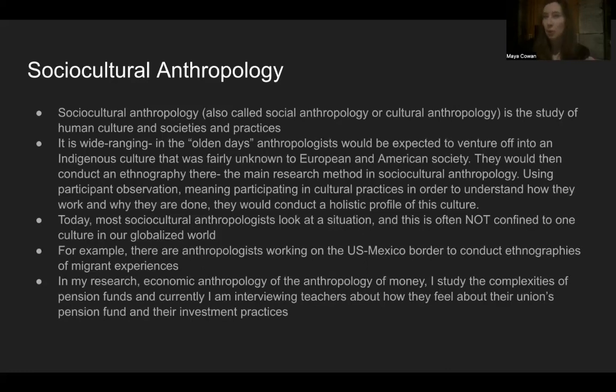You would look at all of these different components of culture: marriage, death, kinship, religion. You would find out about all of these things. You'd participate in all of them in order to get the best understanding that you could. And then you would go home and write a book about it. You'd write about all of these different parts of the culture and articulate them into a book, basically.